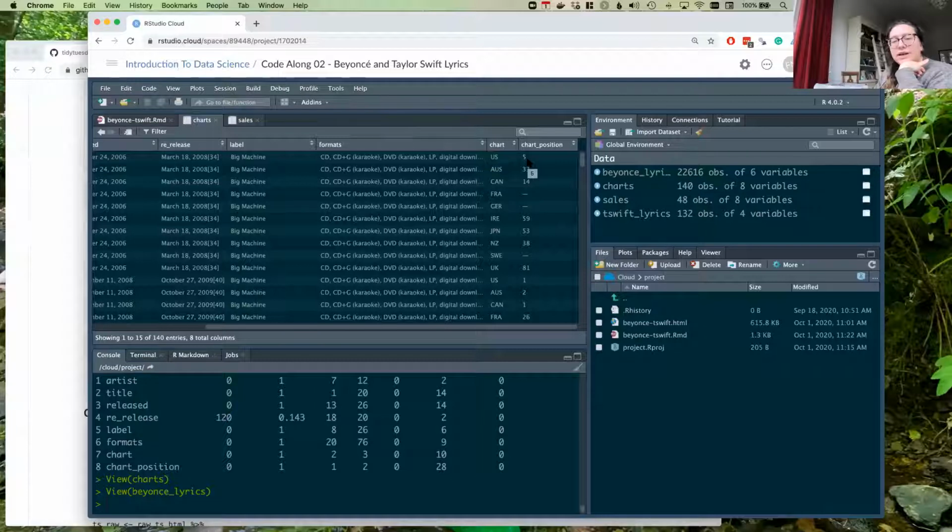Chart position versus continent. So for a given song, how did they do in various continents? So if we were to look at continents, we would need to first figure out which continent each country is in. I think what I'm going to do is let's look at it per country as opposed to per continent for now, so we don't have to bring in one other data set. That is the sort of thing we're going to learn about in a couple weeks, but I'll push that off until then.